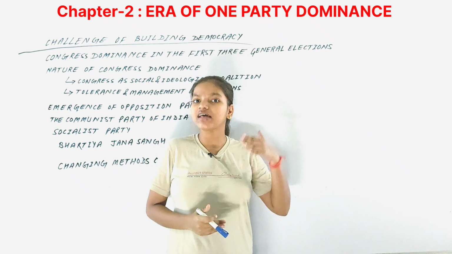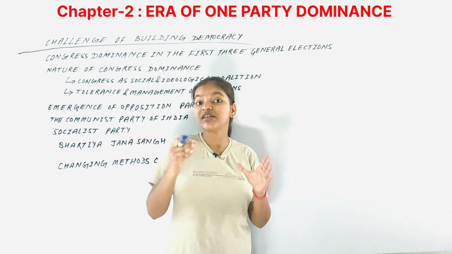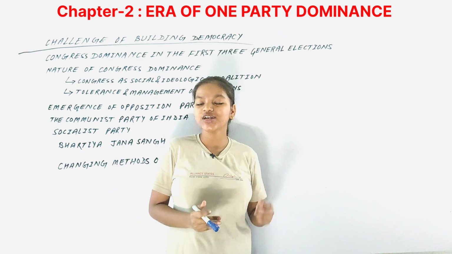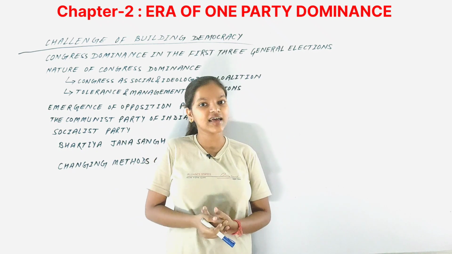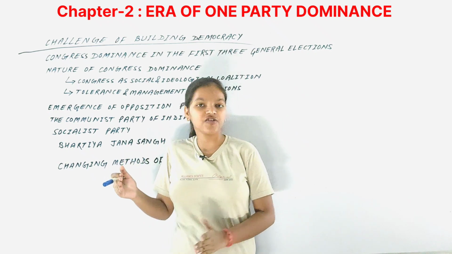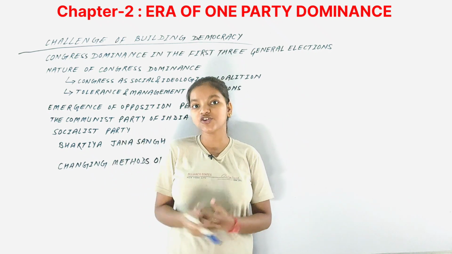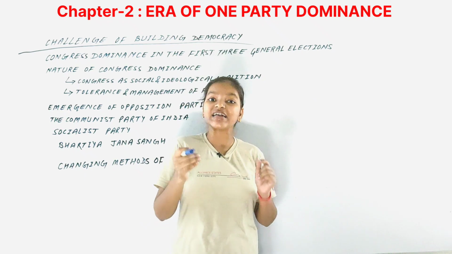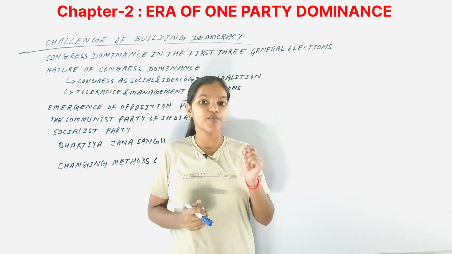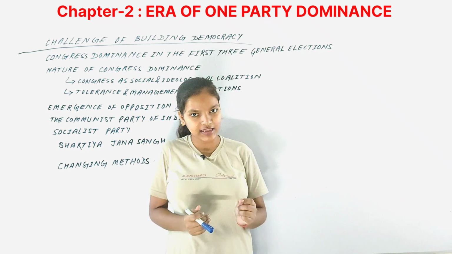Indian leaders from the time of the freedom struggle had been deeply committed to the idea of democracy. So it was out of the question whether India would be a democracy or not after independence. Of course, there were many other newly independent countries which did not adopt democracy, but that was not the case for India, and that is why democratic politics was adopted in India.